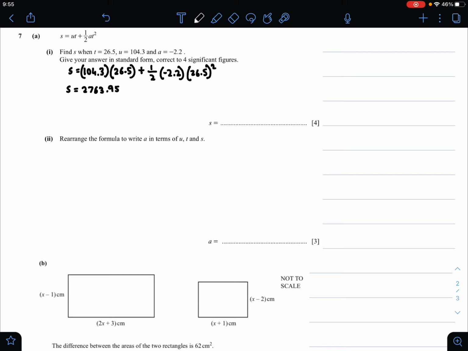2763.95 plus negative 2.2 multiplied by 26.5 square divided by 2 is equal to negative 770 point, my bad, 772.475, and therefore your final answer for S would be